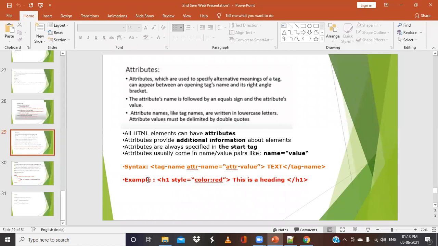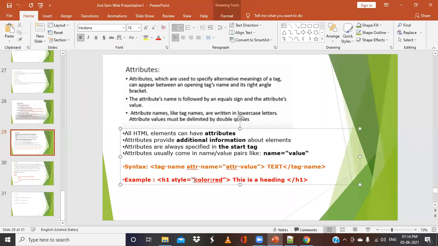Here I have taken an example of the h1 tag. So h1 stands for what? Heading. Okay, so for this I am using an attribute called style, and I am assigning the value color:red.